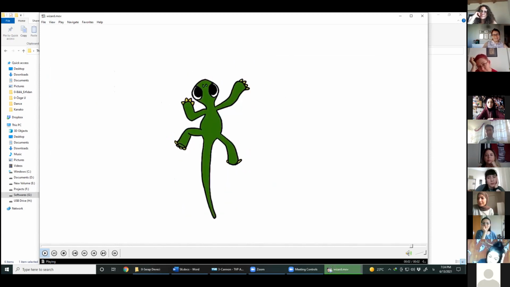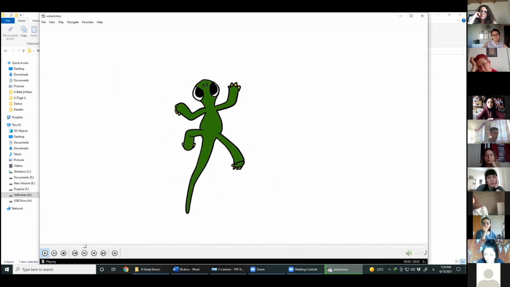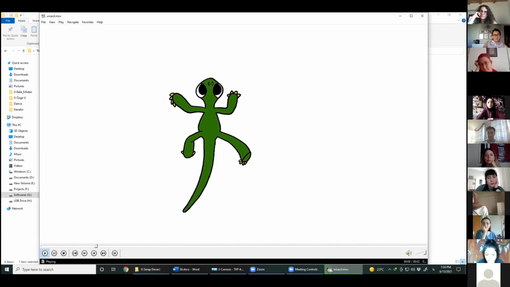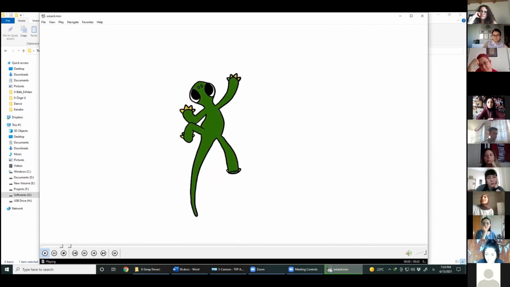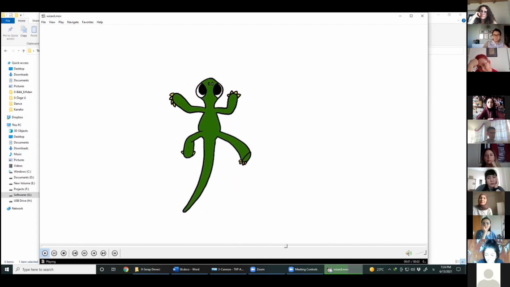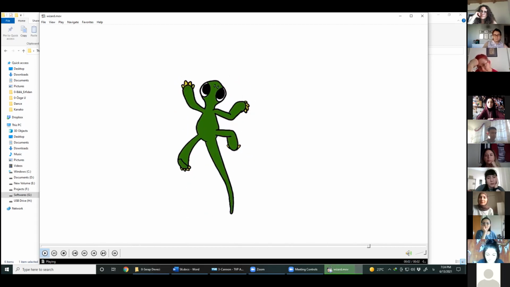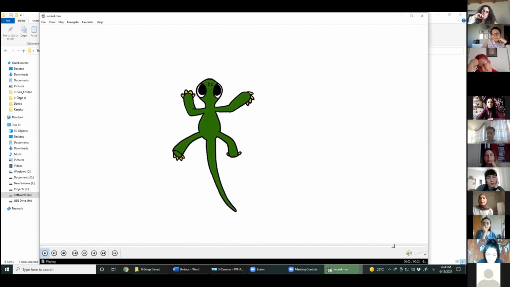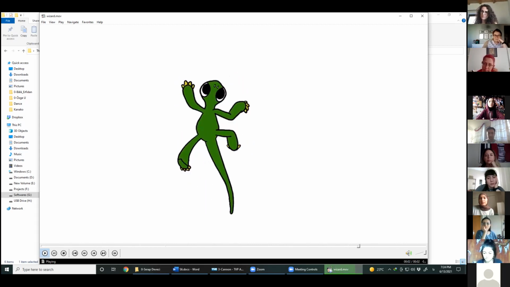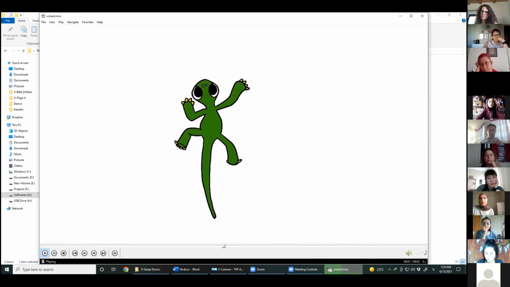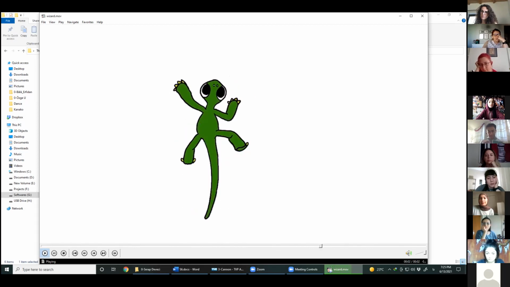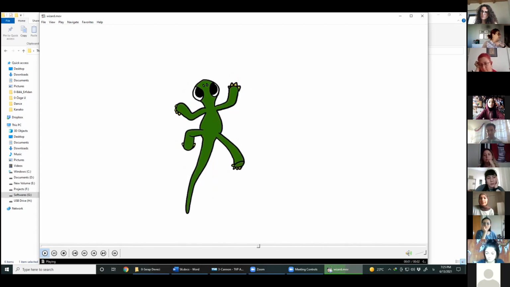If you understand the action, it's okay to use another picture for your animation. If you understand it, it's clear, it's okay, no problem. But it's correct. Thank you. Can you say that again, please? I couldn't catch it. I said if she understands the action, it's no problem to use another animation as a reference because it's very similar to my lizard. Okay.